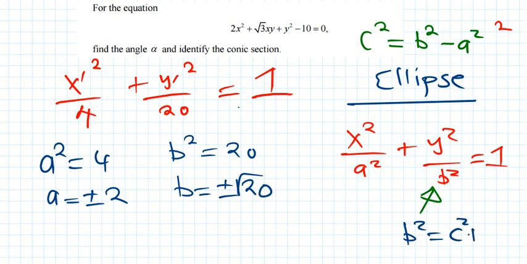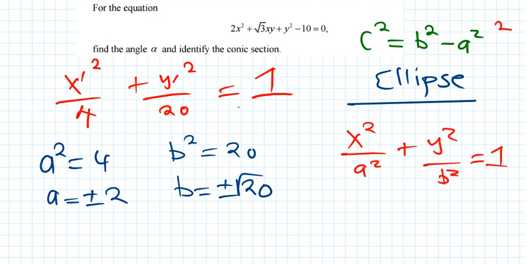C squared and a squared. Okay, this is the case for an ellipse. When it comes to the other case, it's actually c squared is equal to a squared minus b squared, or b squared is equal to c squared minus a squared, but this is a different case. Okay,